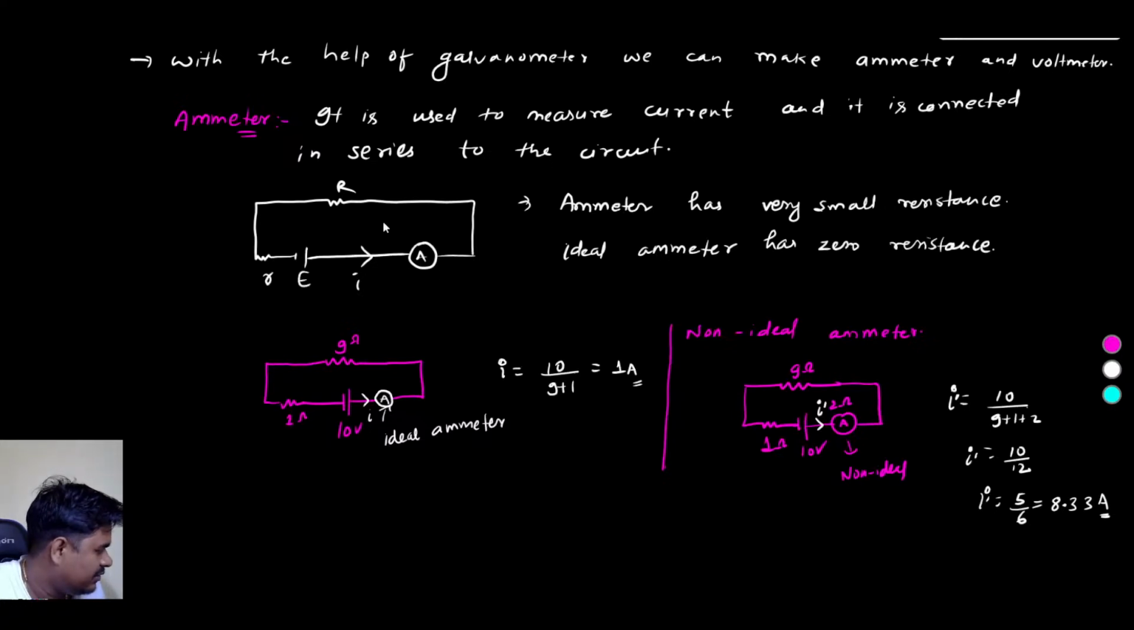Again, say what you are saying. 0.833, no, no, it will be 8 point. Oh, sorry, yes, 0.833. Sorry, sorry. 0.833. Okay,